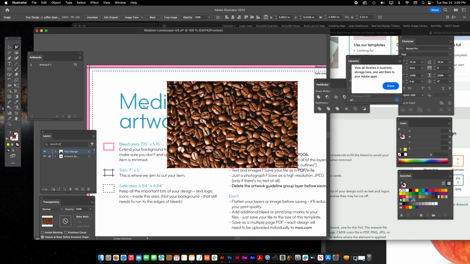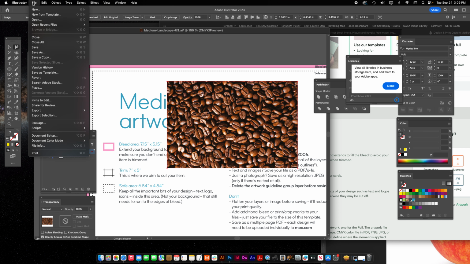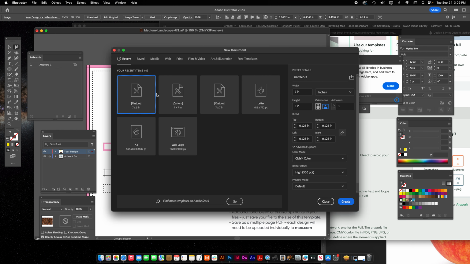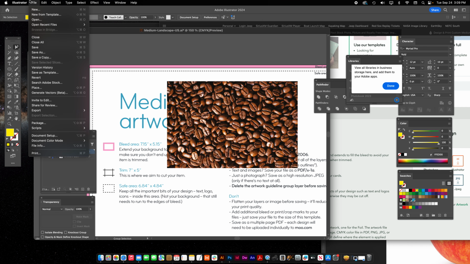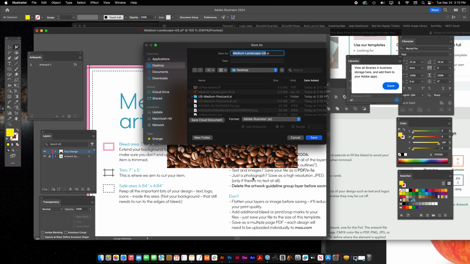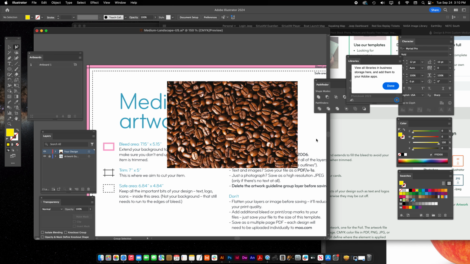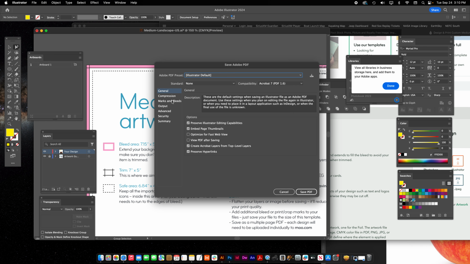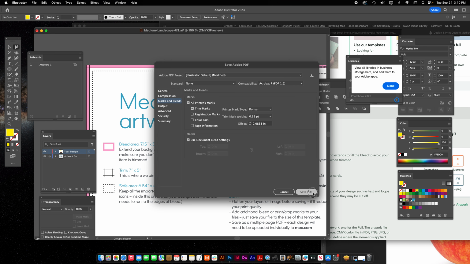The other thing was when we created, so we go up here, we go to new. When we created this document and wanted to create with the trim lines and for us to print, there is no trim lines here, right? Let me close this. If I go to File, Save As, it's just showing up again. And then I save it to the desktop. I'm going to save it as a PDF and then hit save. And then even if I go to marks and bleeds and hit trim marks and hit save,